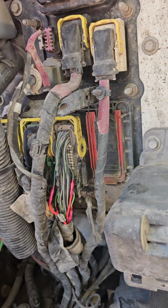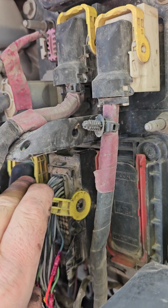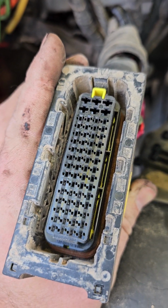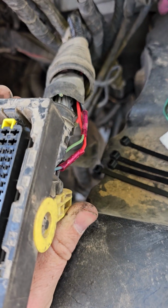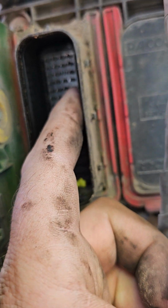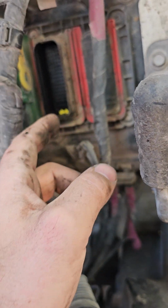This one is the one you need on the firewall, the one with the cap off. So you just pull that guy out, push it all the way down, pull it off. I couldn't find anything that showed which pin is which on these, so all I did was take it off here, hook the jumper up to the connector in the cab for the module, and just jump around between these. You can't really see, it doesn't really matter, but just ohm them out,